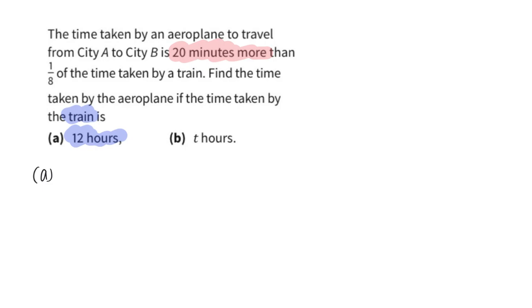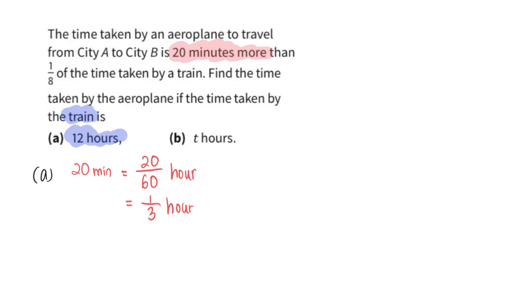Time taken, since everything is in hours, I am first going to convert 20 minutes to hours. I just need to divide by 60, so that everything is in hours, and this will be equal to 1/3 hours. Okay? Next, hour, since it's less than 1. Next would then be,